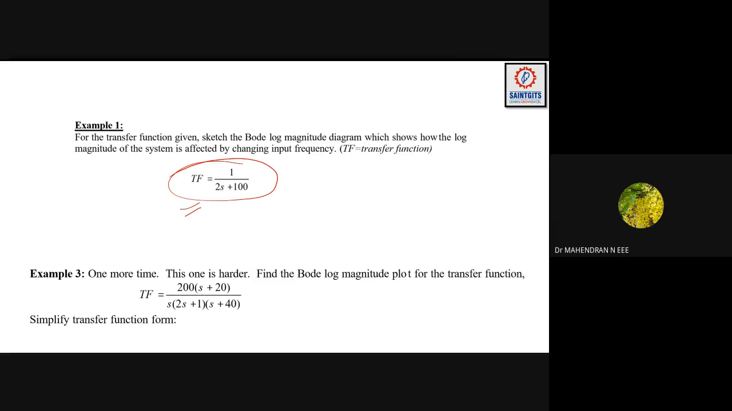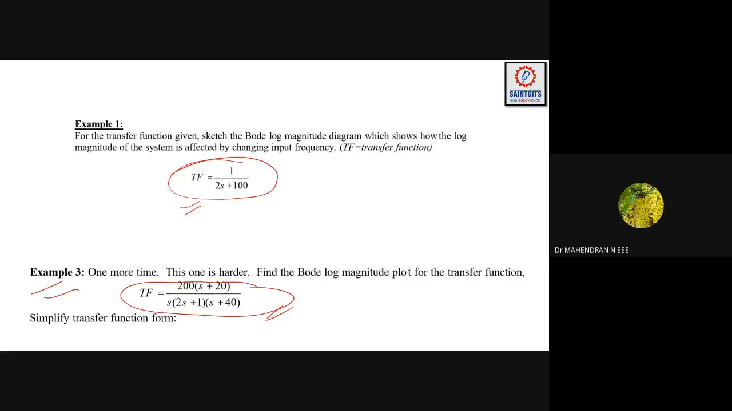Plus 100. And the second problem contains a number of poles and zeros, but anyway, it's easy because we came across many problems based on asymptotic Bode plot. So we'll see one by one. So first problem, the transfer function, G of s equal to 1 divided by